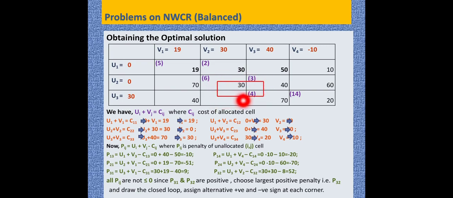Now if you see, this corner is at an allocated cell, this corner is at an allocated cell, and this corner is at an allocated cell. Now alternatively I need to make the signs positive, negative, positive and negative. So now this 4 will go to this particular cell, that is 3 plus 4 is 7, and this 4 will be reduced from 6, that is 6 minus 4 will be 2 here, and this 4 will be added here, that is remaining.